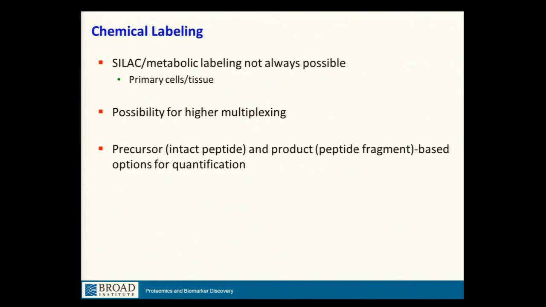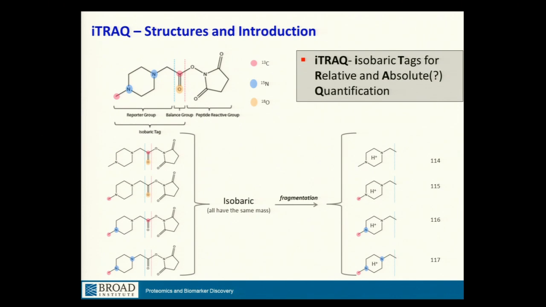You also have chances to be able to do higher multiplexing than in SILAC, at the cost of having some greater technical variability in your experiments. And you can use chemical labeling to do quantification in the same way that I just showed you with SILAC, where we take the area under the curve of heavy and light versions, or in another way, where we're actually going to look at special fragment ions in fragmentation mass spectra as another option for quantification. So probably the most well-known version of the chemical labeling approach is something called iTRAQ,